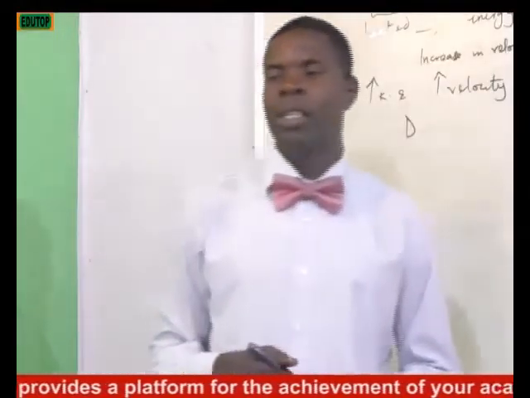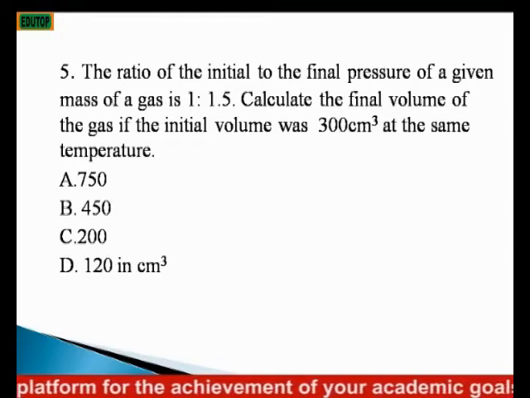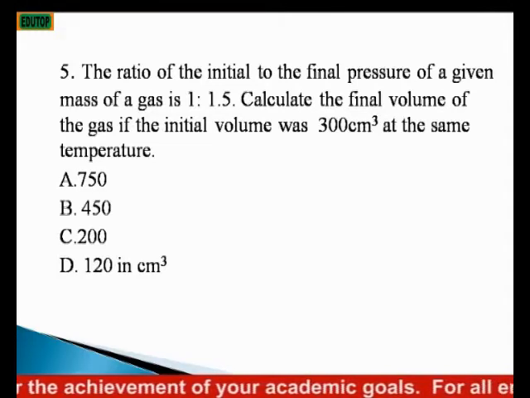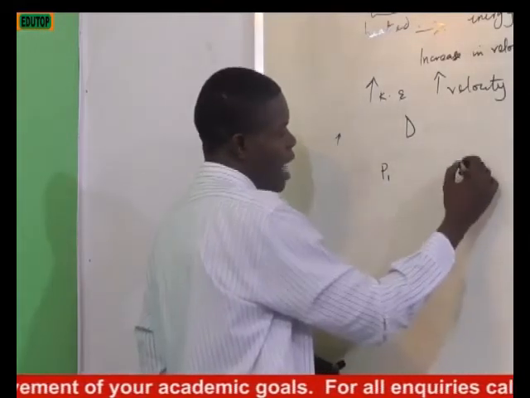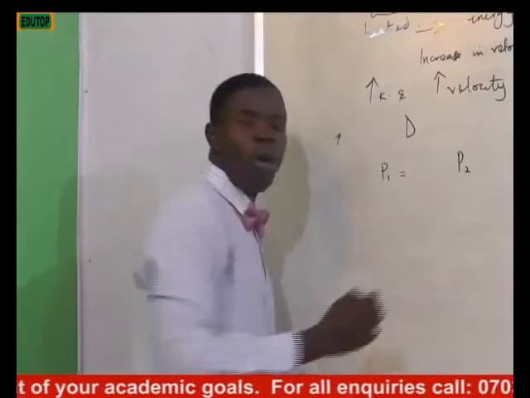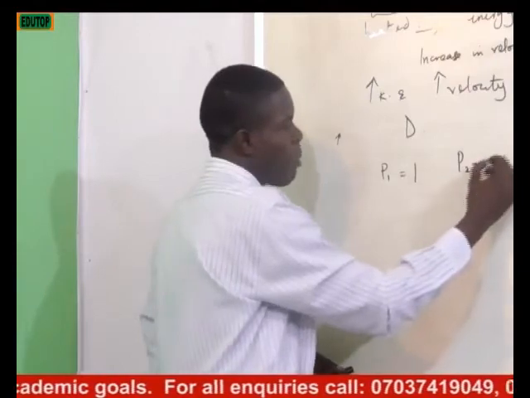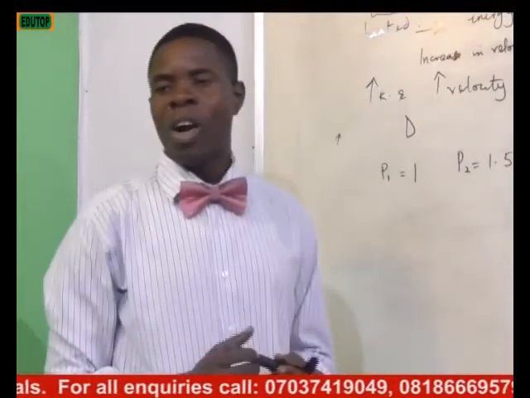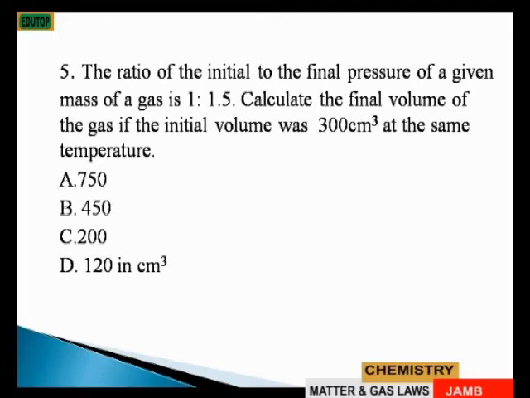Then next question. The ratio of the initial to the final pressure of a given mass of a gas is 1:1.5. Initial pressure is P1 and final pressure is P2. The ratio of the initial pressure to the final pressure is 1:1.5. That means P1 is 1 and P2 is 1.5. That is the establishment. Then calculate the final volume of the gas if the initial volume was 300 centimeter cube